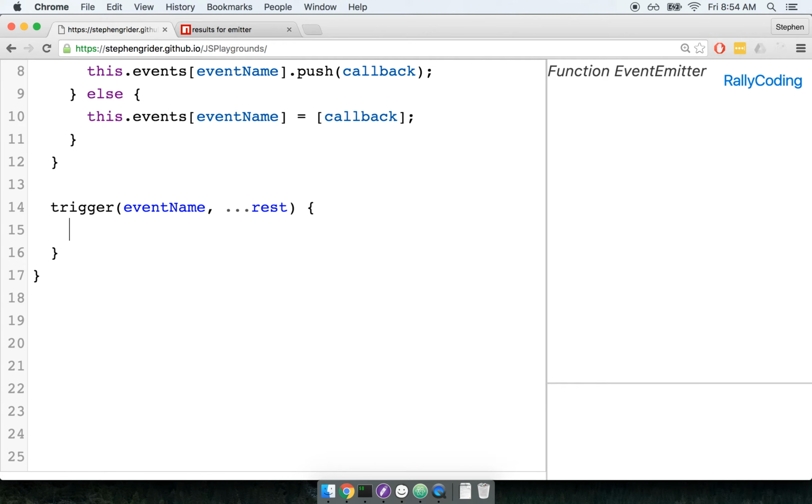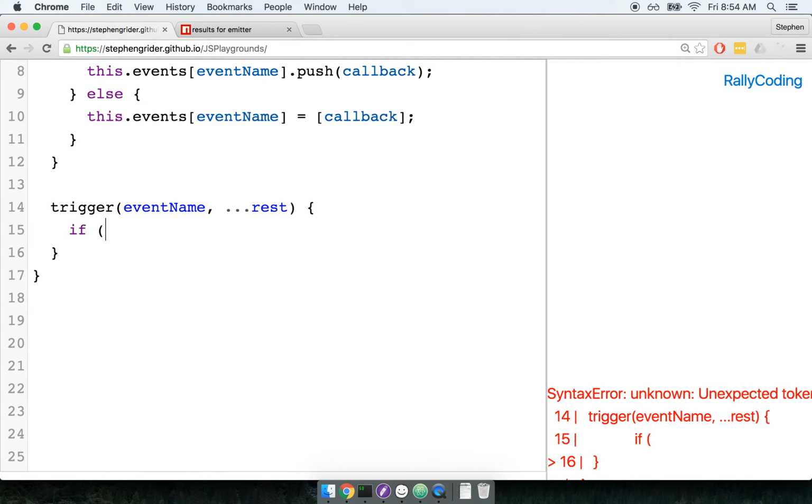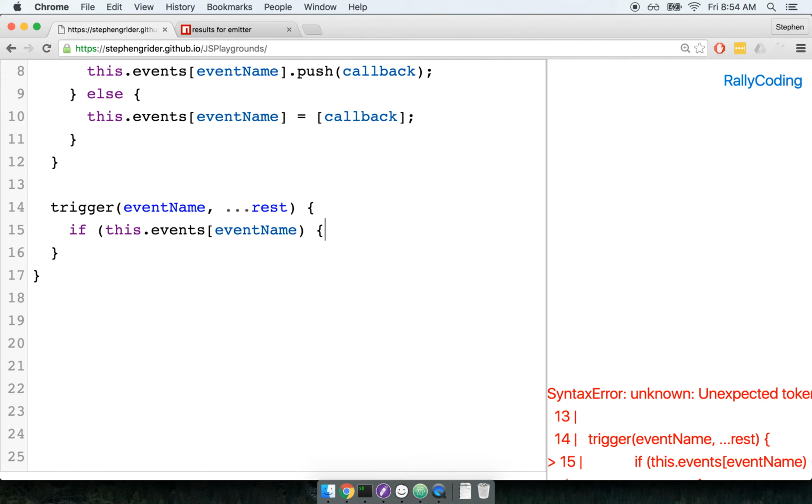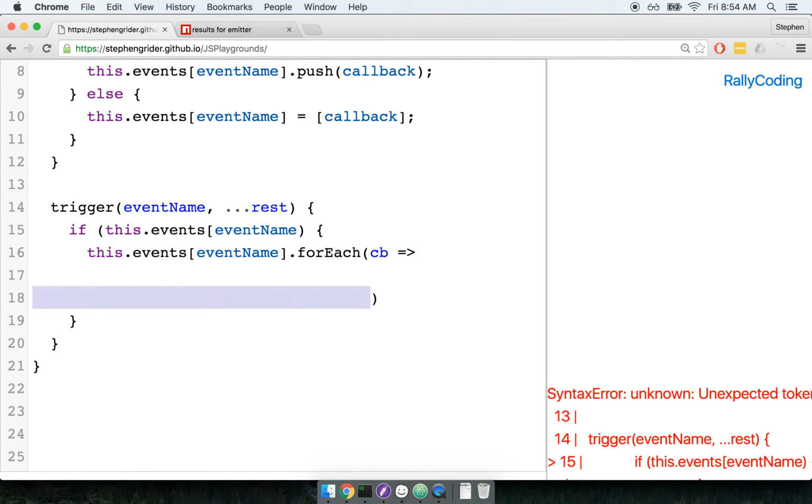Now inside of trigger, we can say if there are any events tied to this event name, we will take this.events at event name, and for each callback, I want to call that callback